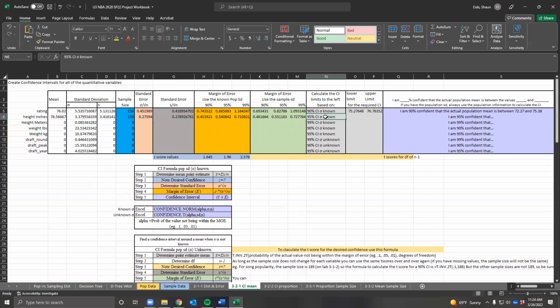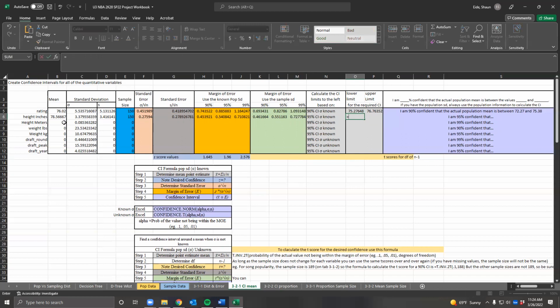And so what we want here then is the lower limit and upper limit for the confidence interval with standard deviation known. And you'll notice these right here are going to be using the confidence interval with standard deviation unknown. So you're going to be using these margins of error for down here, and these margins of error for these up here. And so for the lower limit and upper limit, what you're going to do is take equals